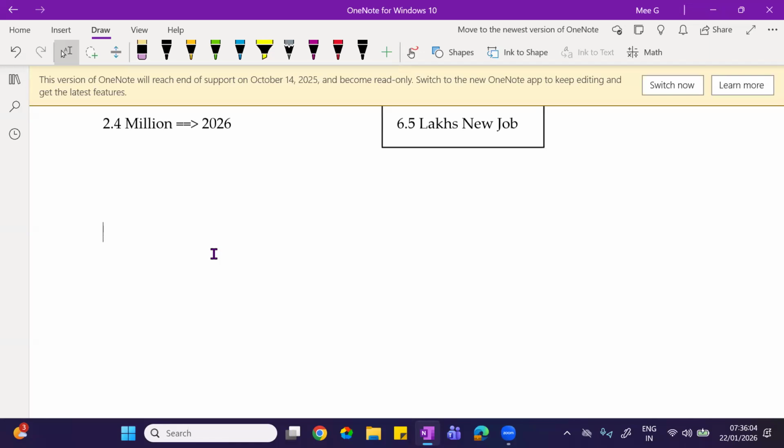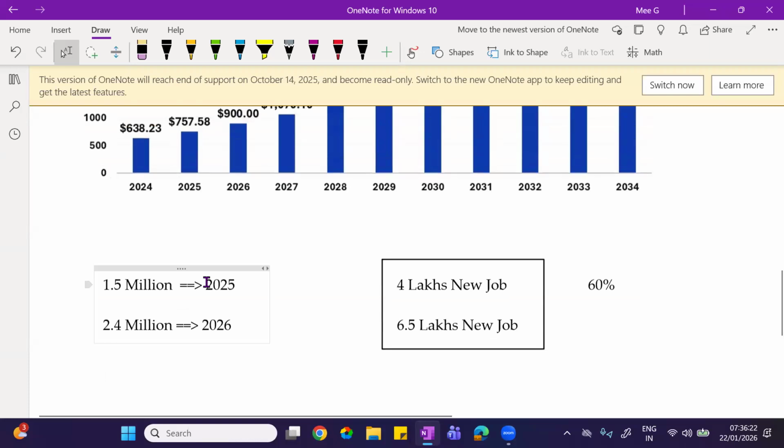There the AI comes in. So in each and every application or field, you will see the influence of AI. That's for sure.